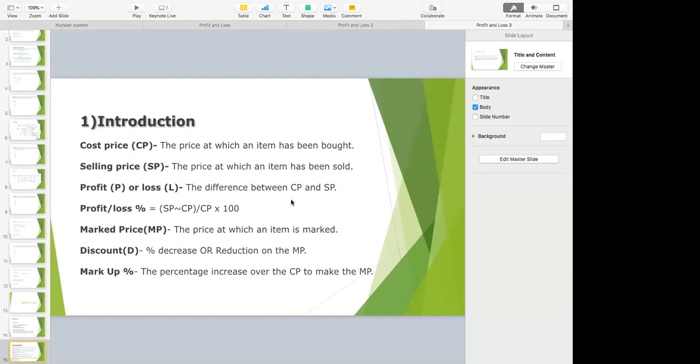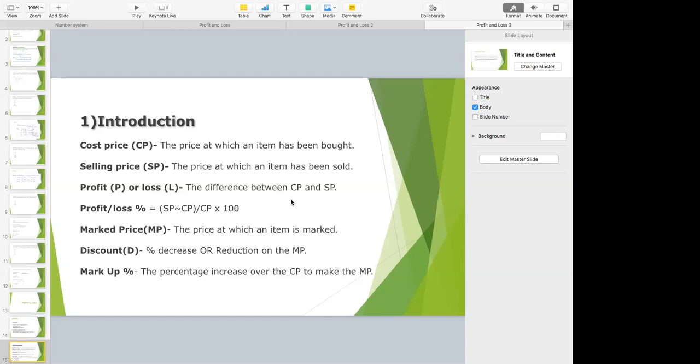Okay, there's a simple question, sir. Does that mean that selling price and MRP are one and the same thing in retail context? Yes, if you are paying exactly the same amount which is written on the article, which is marked on the article, so in that case the MRP or the marked price and the selling price are equal.